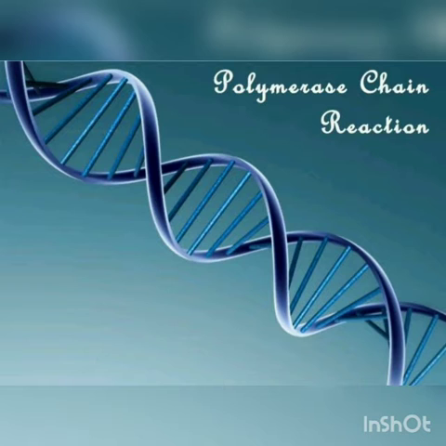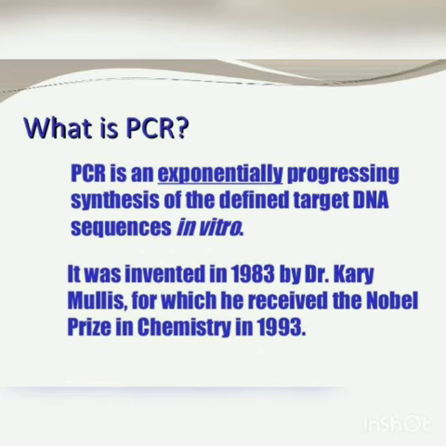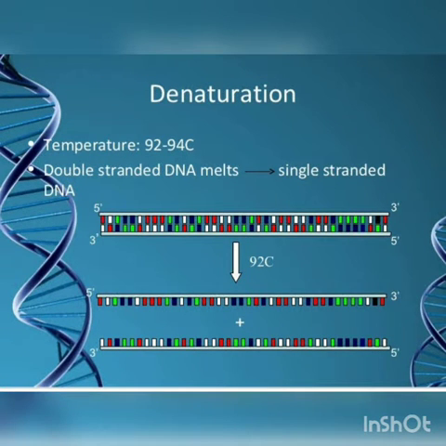The polymerase chain reaction is an in vitro amplification technique used for synthesizing multiple identical copies of DNA. This technique was first developed by Kary Mullis. PCR includes three important steps: denaturation, renaturation, which is also called primer annealing, and synthesis, also called primer extension. The double-stranded DNA is denatured to separate into two individual strands by high temperature.